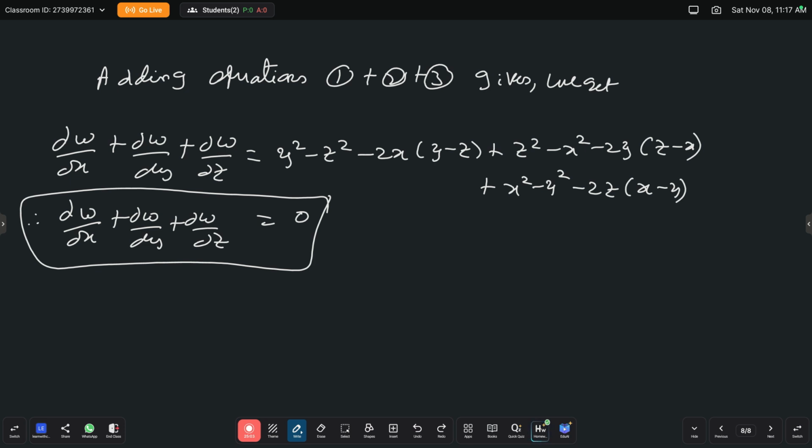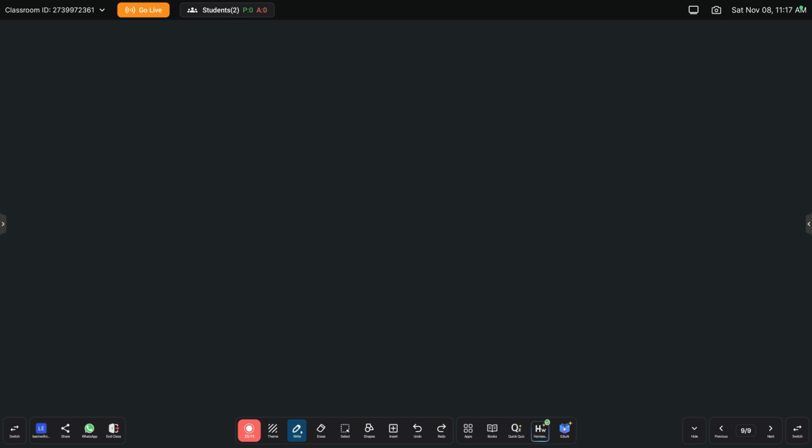That is, the three variables are x, y, z. In the first problem, there are two variables x, y. In the second problem, w is a function of three variables x, y, z. So this is the second problem, finding the partial derivative, and the third variable of x, y, z in the second problem. Okay. And the next one,